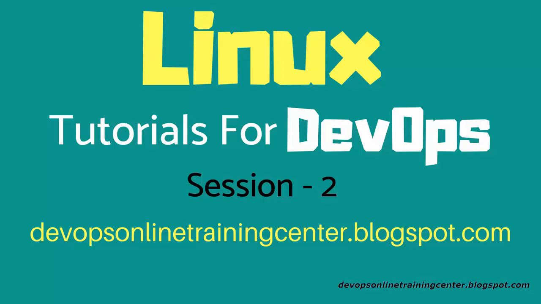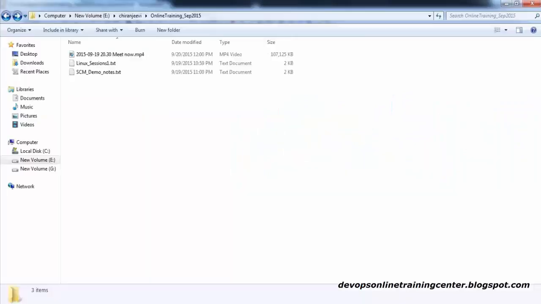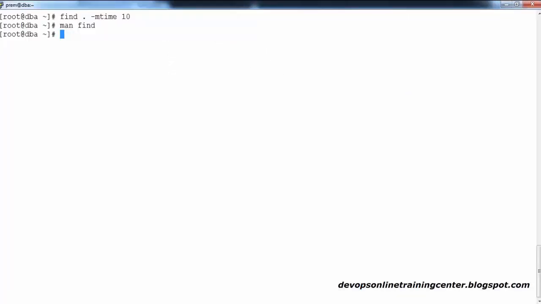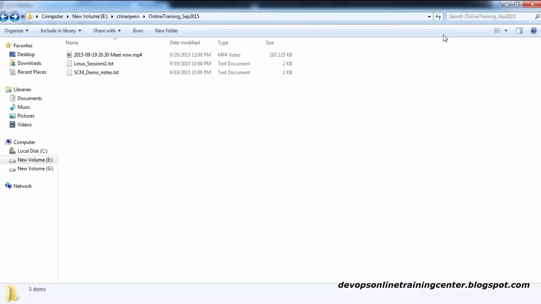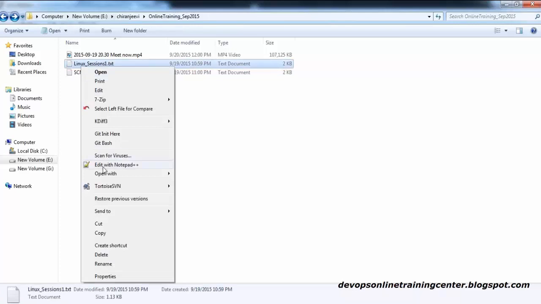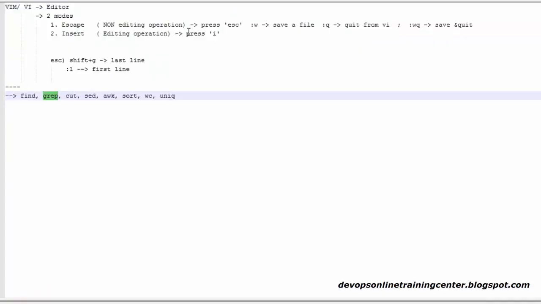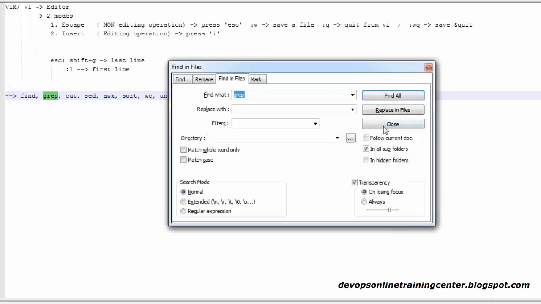Now similarly, there's one more command, grep. I want to explain the difference between grep and find. Windows allows you to search by file name. There is no direct way of content searching, but you can perform content searching in Windows even. I can show you, using an editor called Notepad++. If you want to search, press Ctrl+F, then Find in Files and choose the directory, the current directory or some directory.